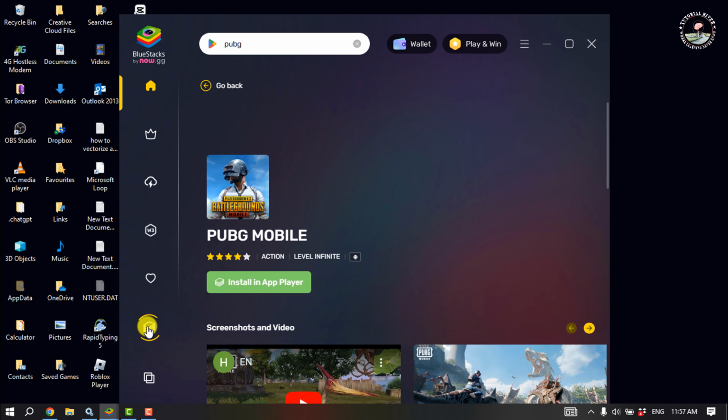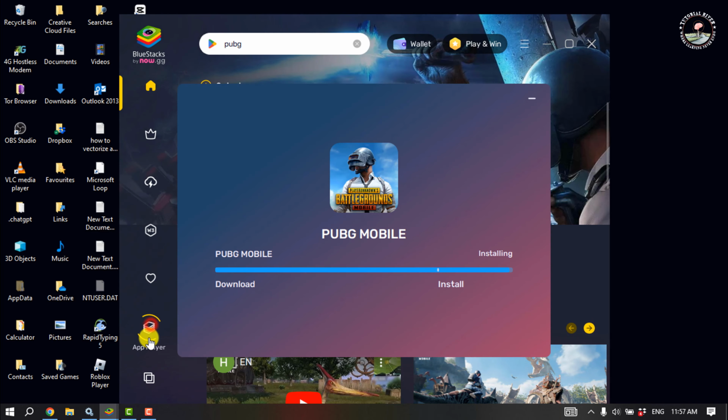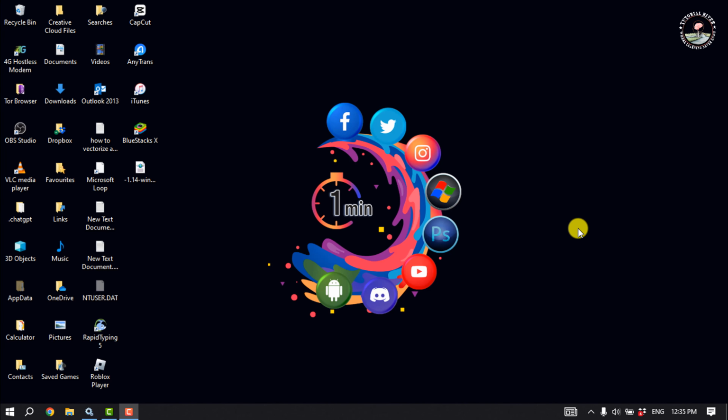Now go to this app player option, and here you will see your PUBG Mobile is downloading and installing. Once it's successfully installed on your BlueStacks emulator, you will be able to play PUBG Mobile on your computer